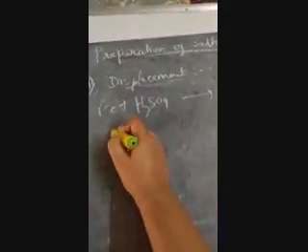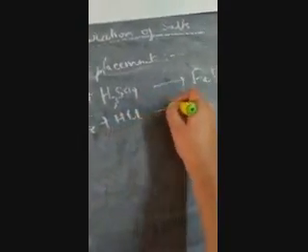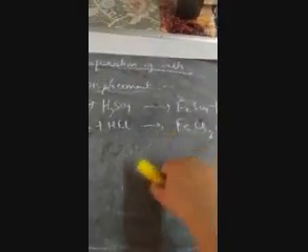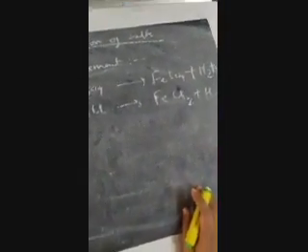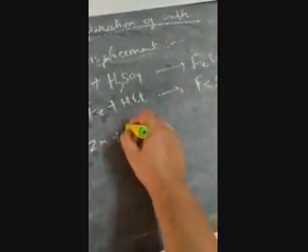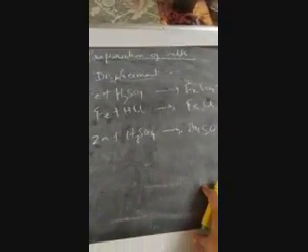So this is how we can see some more reactions, like iron plus HCl will give you FeCl2 plus hydrogen. So in the direct method we have learned the preparation of ferric chloride, and ferrous chloride is prepared by displacement reaction. Next is zinc sulfate, Zn plus H2SO4 will give you ZnSO4 plus H2. In all these, one of the products is in gaseous state. So this displacement reaction will take place.